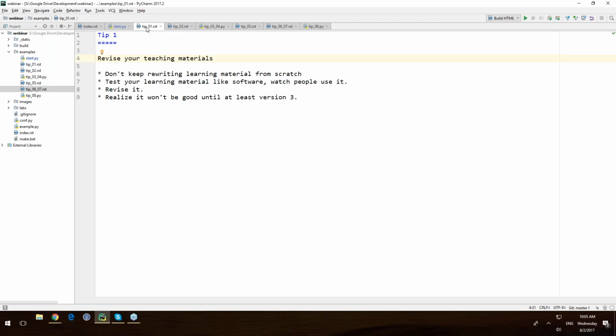Exactly. Okay, so tip number 1, which isn't necessarily a technical tip, but leads into tip number 2, which is more on the technical side. If you ever train somebody, I really highly recommend you spend time revising your teaching materials. I think one of the problems with teaching materials out there on the market right now is people are writing books on how to program and throwing them out on the market